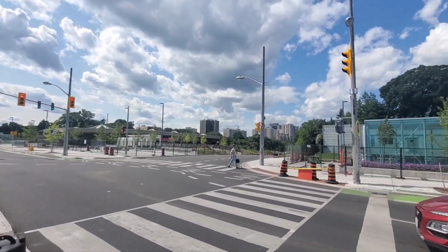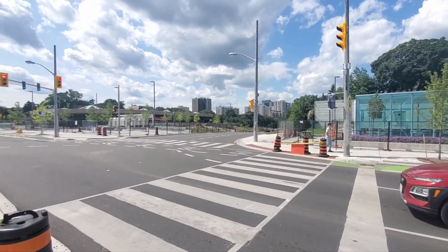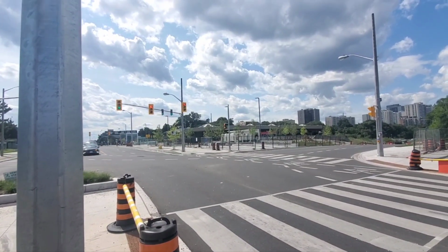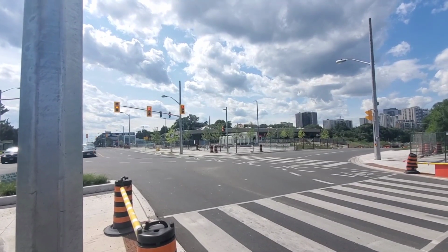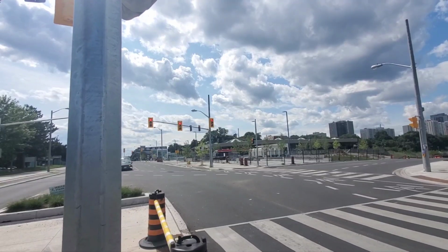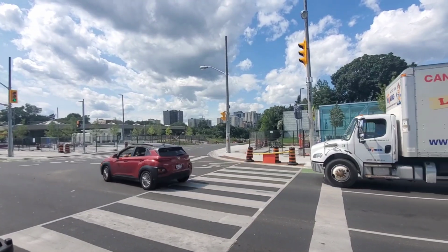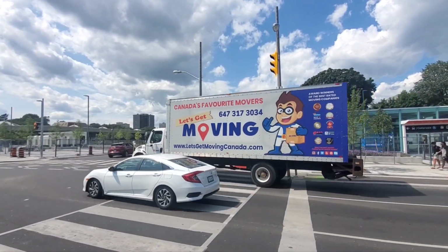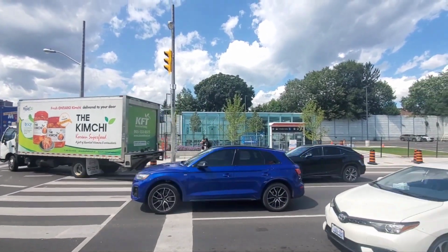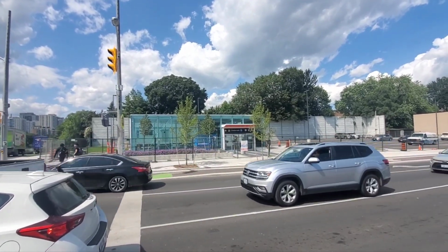And now all these cars here are wondering why they can't turn at this point. We have the pedestrian countdown. 2 and 1. Straight is getting yellow, bike light is yellow, bike light is red, and let's see how many cars get through on this right-hand turn. So we've got 1, 2, 3, truck, 4, 5, 6, 7, 8, 9, 10, 11, 12,